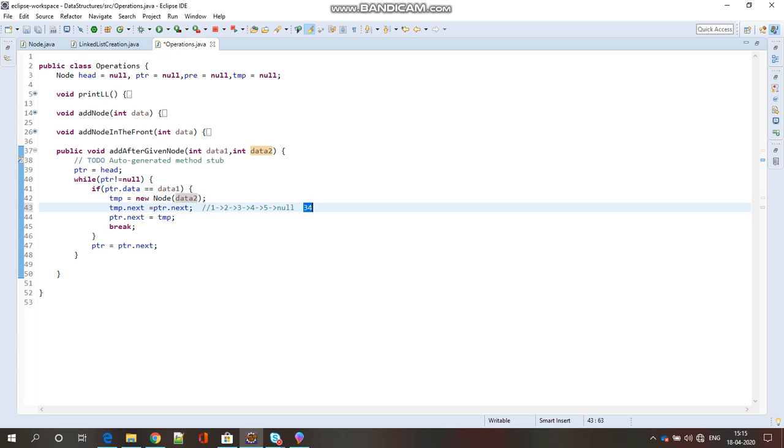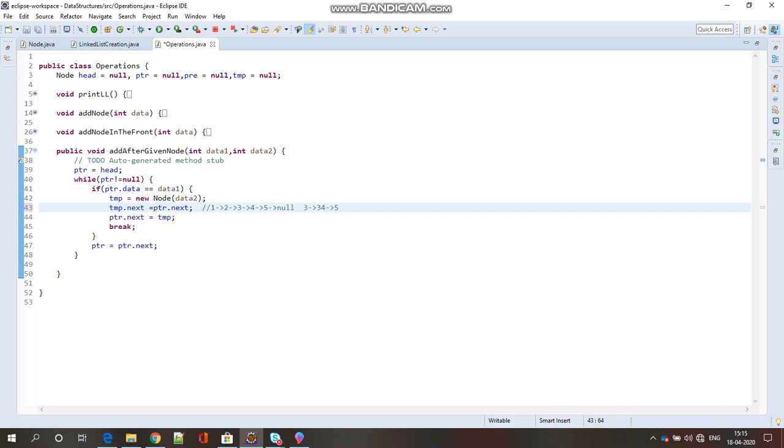Temp dot next should point to PTR dot next, which is 5. So 34 dot next should point to 5, and PTR dot next should point to 34, so that 34 comes right after 4.